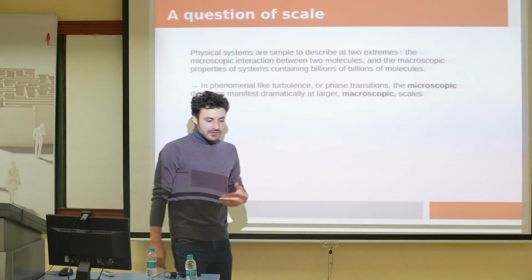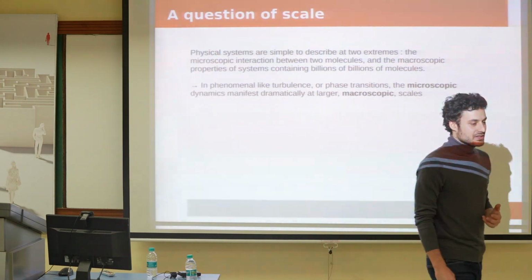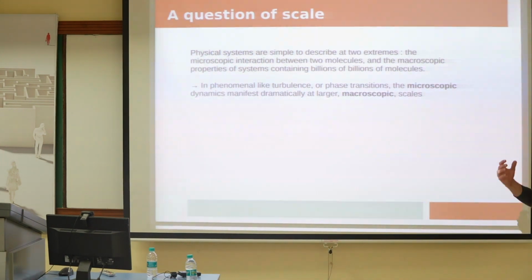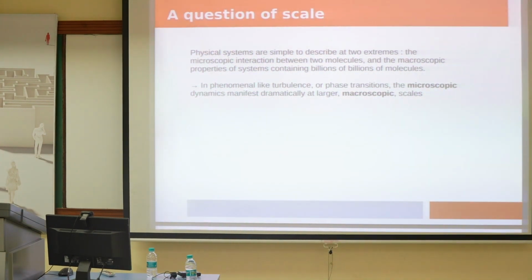Okay, so this is this main important question, right? So the question of scale. Basically, in physics, you have two broad ways of seeing things. Either you're looking at a very simple system, so for instance, two molecules interacting, two particles, two planets interacting. In these models, we know how to model the behavior exactly. It's not chaotic, it's all linear and well-behaved. So we can see exactly what happens in the individual interactions between subparts of the system.